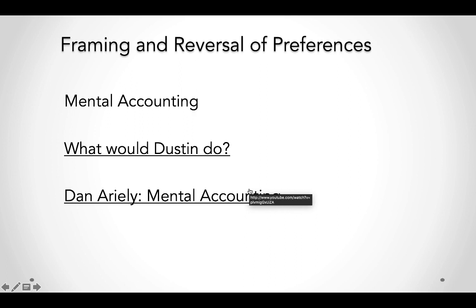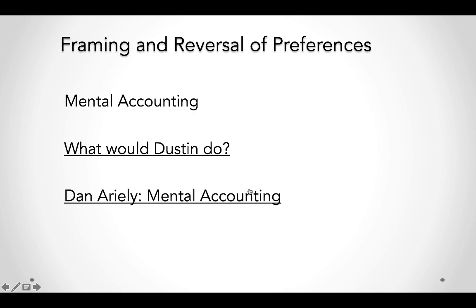Okay, so mental accounting is one of those anomalies that we talked about in the beginning that doesn't make sense from the rational point of view. We have these mental accounts in our head, like the mason jars that Dustin Hoffman was referring to, and we only operate within the content of that jar. So when we run out of money in that particular account, we say that we cannot do another transaction, although the money is fungible.